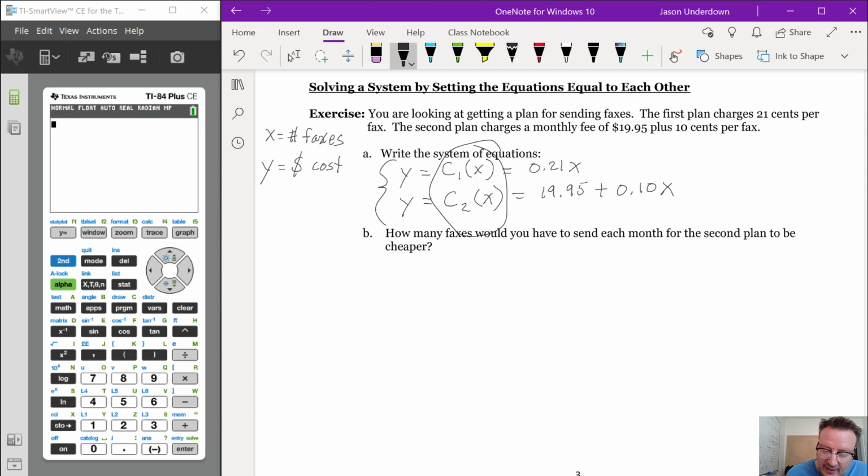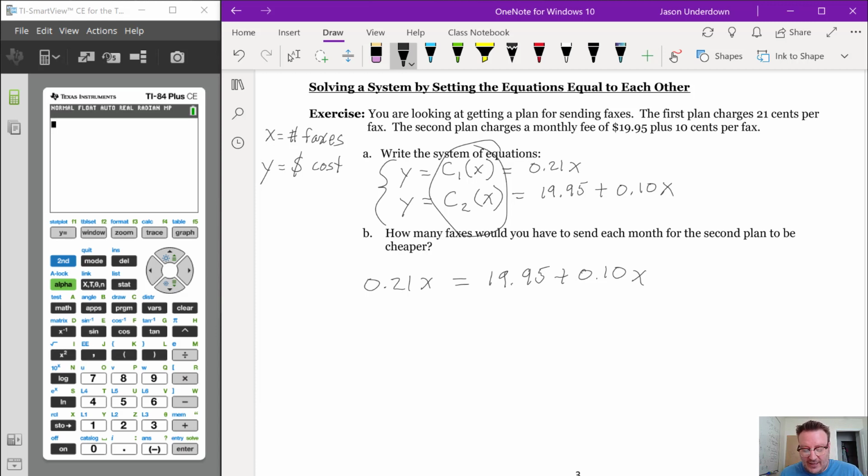When I take the function definition for each cost function and set them equal to each other, in other words, I do this: 0.21x equals 19.95 plus 0.10x. And what has happened here? Well, now I have a single equation in just the variable x. We know how to solve that. I subtract